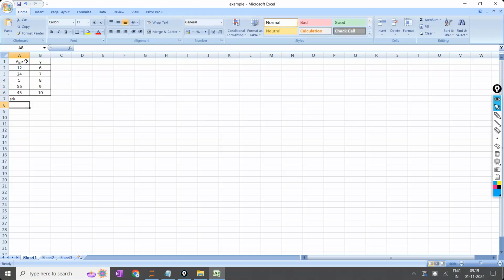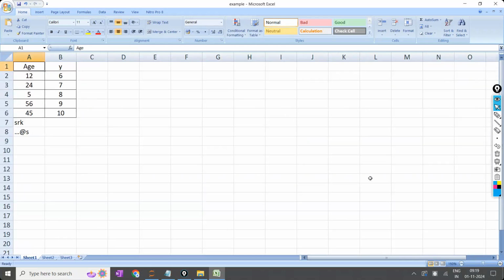Will Excel sheet accept it or not? It will accept. Even if you write dot dot dot dot at the rate of, yes, if you write that also, it will accept. It will not work based on the column name. Excel sheet will accept any value irrespective of column name. Column name is age, or name of the person, or message; it will not check what the name is. Just blindly we can write whatever we want in that. Okay, dot dot dot, anything is possible.